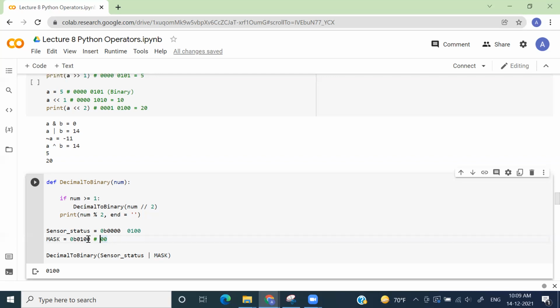What would be the answer? 1. Yes, correct. Absolutely. And 0 or 0 is 0, right? So when you perform the OR operation between this value and this value, you get this desired value, and this desired value will set your bot to move forward or backward, whatever functionality you have set with this. Correct?